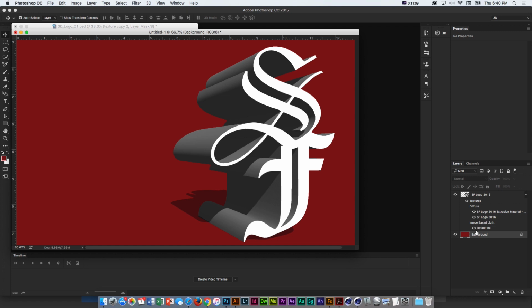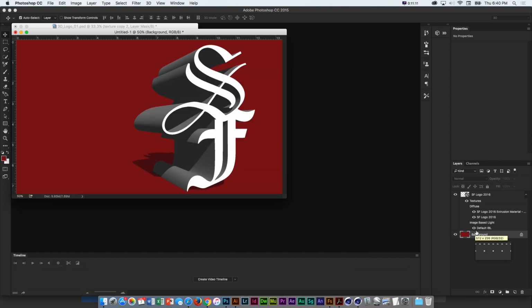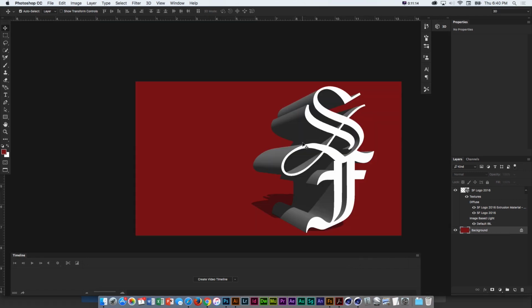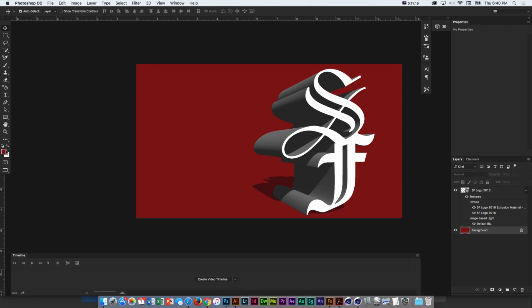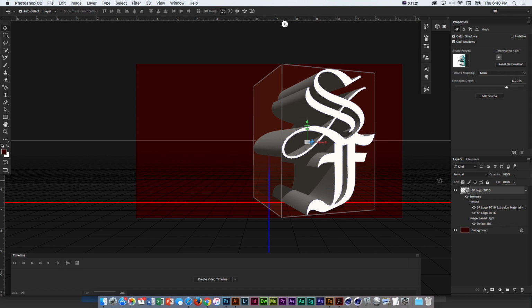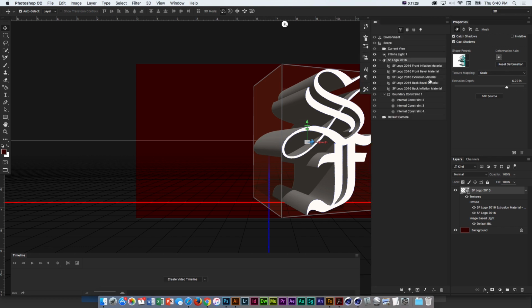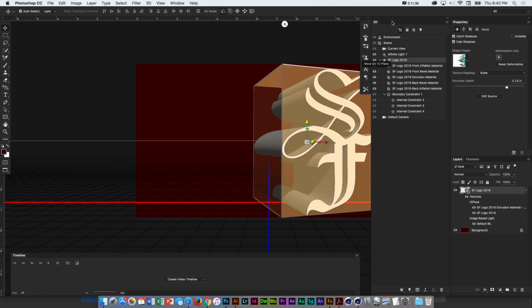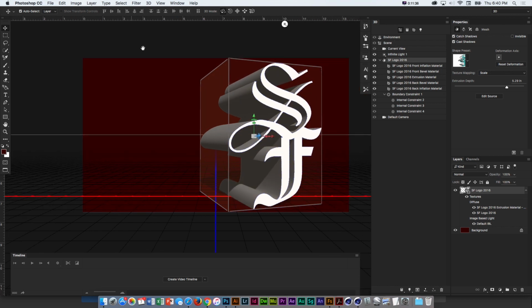It's not spitting out to some other program somewhere else and then coming back in to do layers and textures. It's still housed within there, so we can still do all of our typical stuff. The basics and benefits of how this works is, if we're getting a 3D logo, it's going to pop open this 3D layer, which is everything within our scene, all the default lighting and materials.